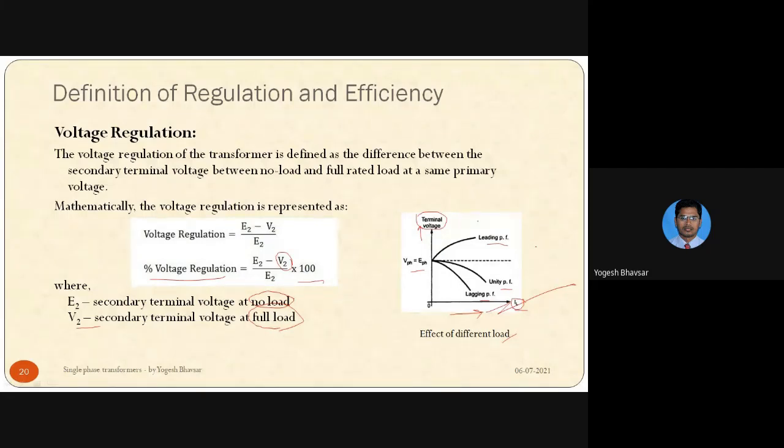We know capacitive load, and we know that a capacitor stores charge. So whenever we use a capacitive load at the secondary of the transformer, there will be increased voltage. Whenever we connect a capacitor, it stores energy, and because of that the output voltage increases, it does not decrease. A leading power factor gives increased output voltage. Right, voltage is increasing. So whenever the leading load is connected to the secondary of the transformer, we can see there will be increased voltage.